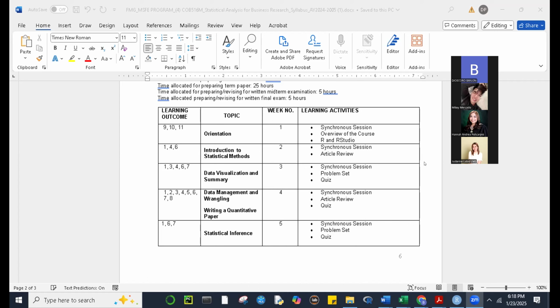And towards the middle, we will also make use of Jamovi. Jamovi is based on R. In fact, when you use Jamovi, you can ask Jamovi to produce the R code. Okay, so